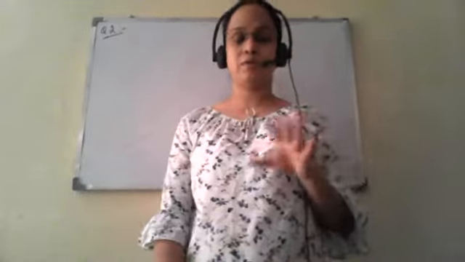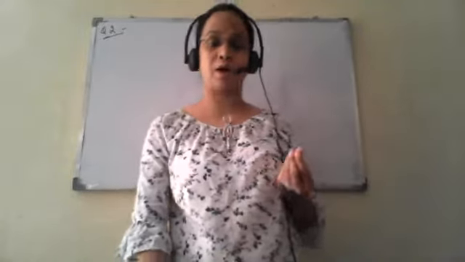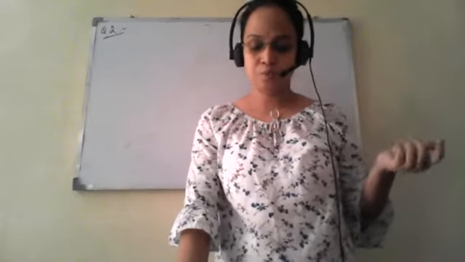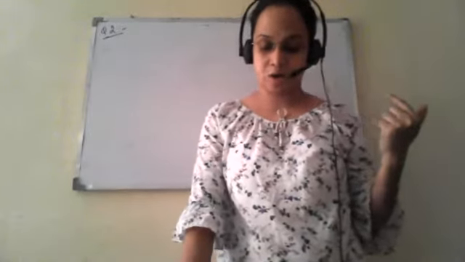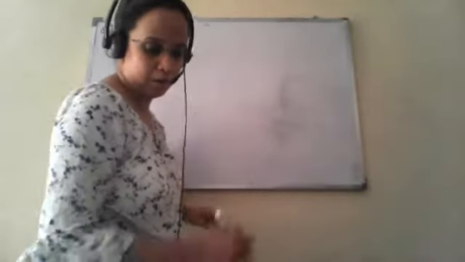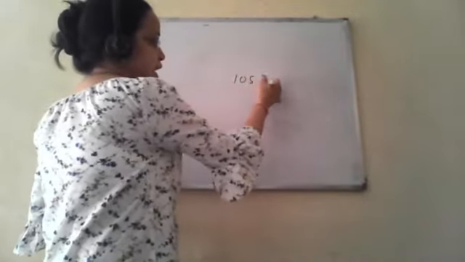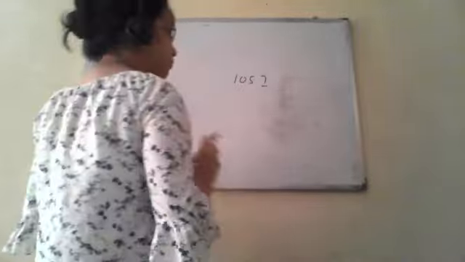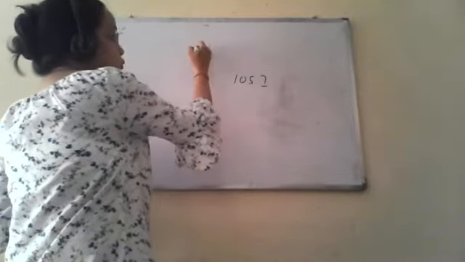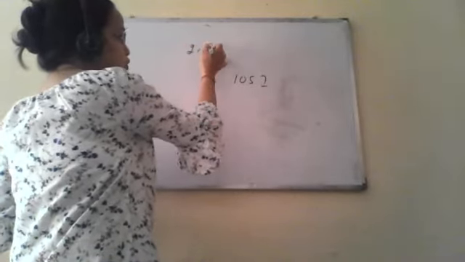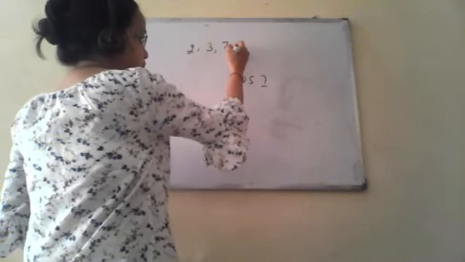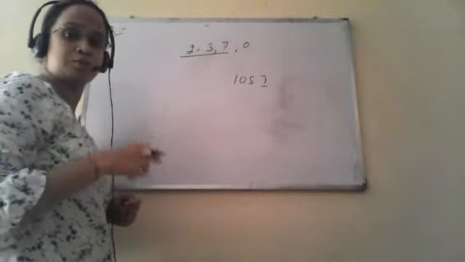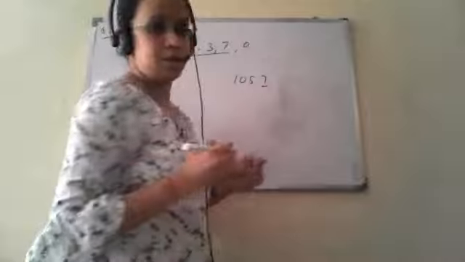The unit place of a square number: if a number is a perfect square, it cannot have 2, 3, 7, 8 or a single 0 at its unit place. Like if we talk about 1057, it has 7 at its unit place. So perfect square numbers cannot have 2, 3, 7 or single 0 at the unit place, meaning the last two digits should be double 0. So it is 7, so this cannot be a perfect square.